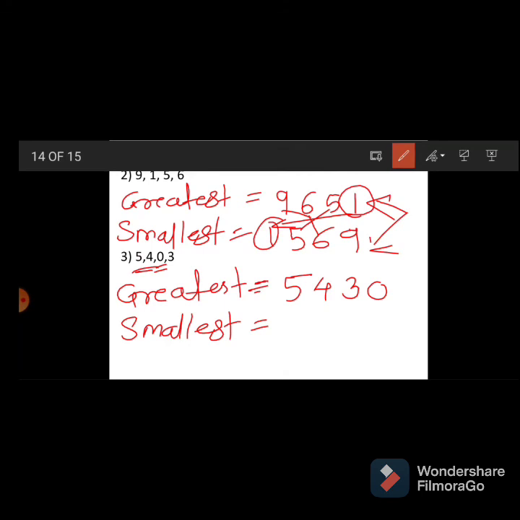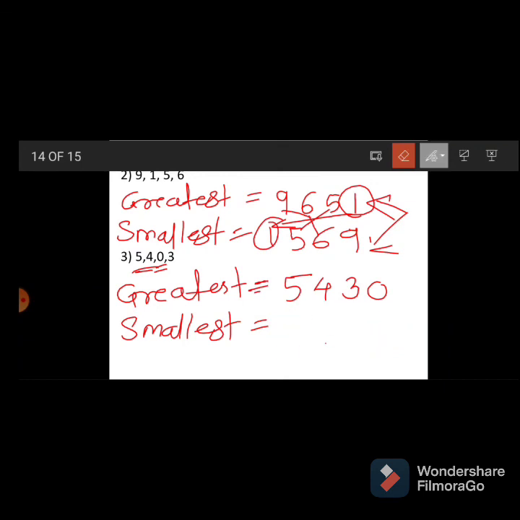But in the third example, if we write first 0, 3, 4 and 5, then what happens? See here, is our answer correct? No, it is wrong. Why is it wrong? Because 0 comes at the 1000 place and when 0 comes before the number, we are not considering it, and this one forms only a 3-digit number, that is 345. But what is our question? Make a 4-digit number. Then what to do?